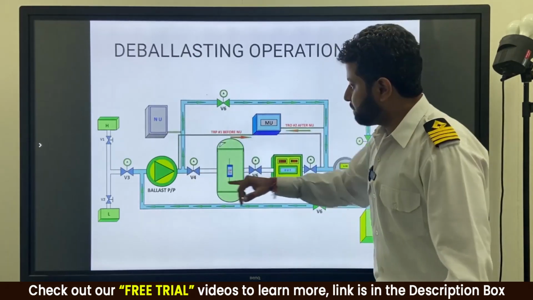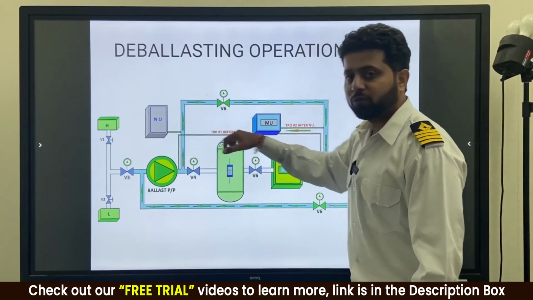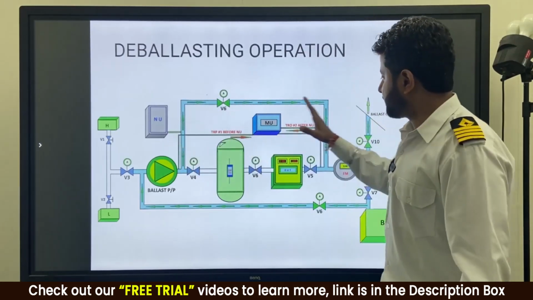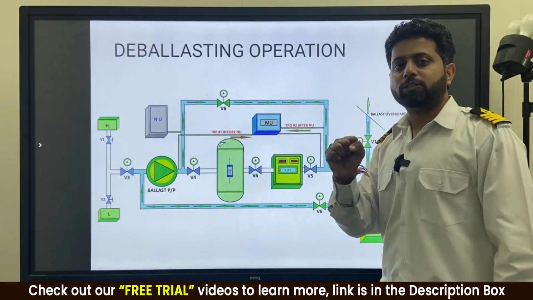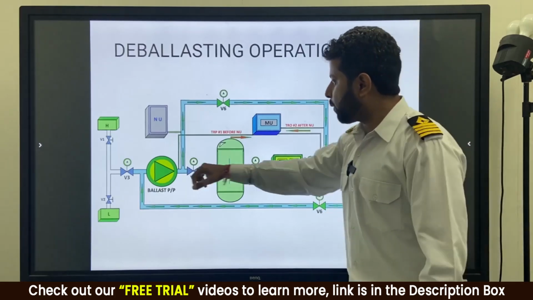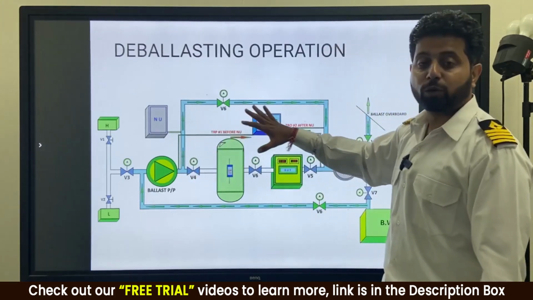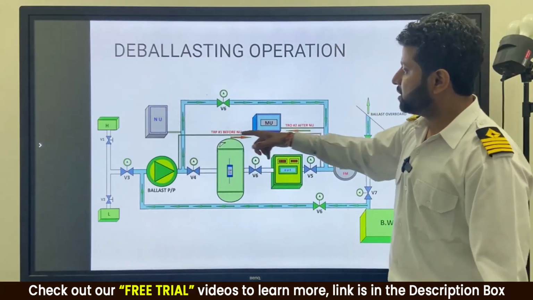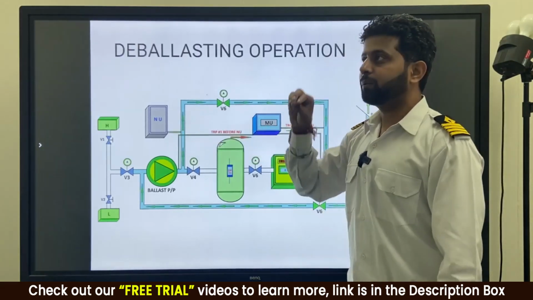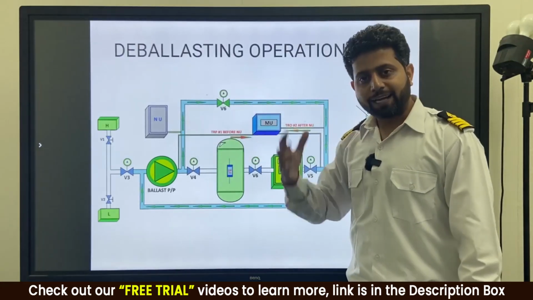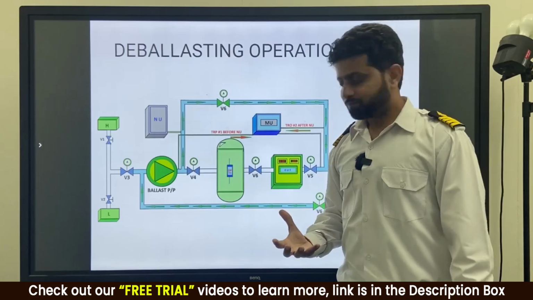Copy it? But if it becomes greater than 0.1 ppm over here, this will start. If it comes to 0.1 ppm, it will stop. So if it is more, 0.1, 0.2, 0.3, 0.5, 0.7, 0.81 ppm, the dosing of neutralizing unit will become more, and that we are going to discuss in another video.